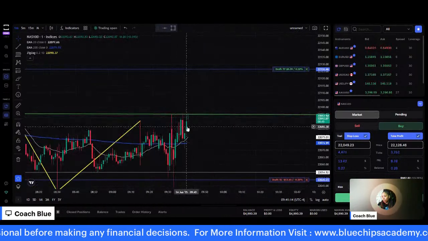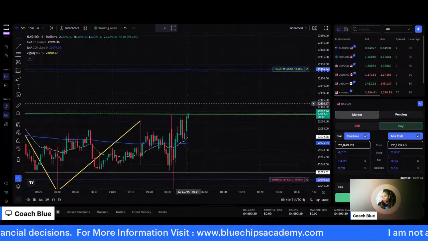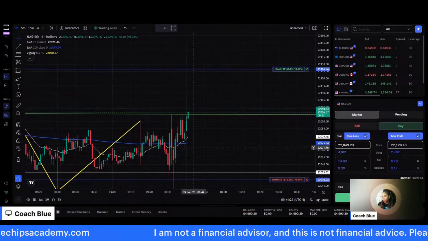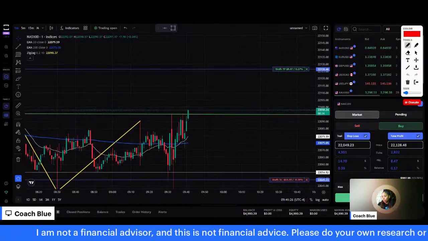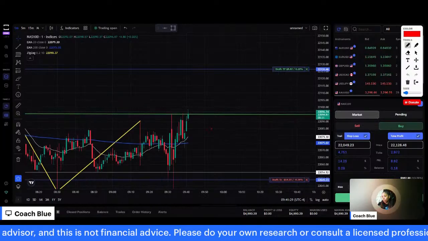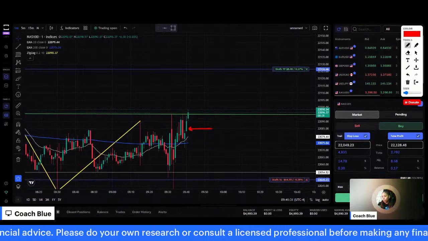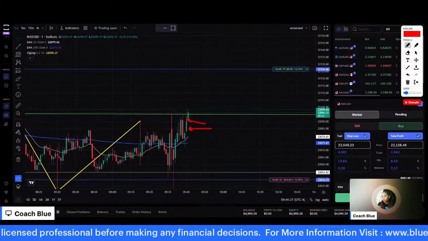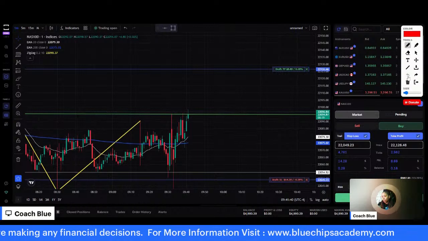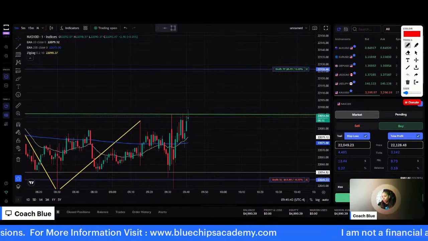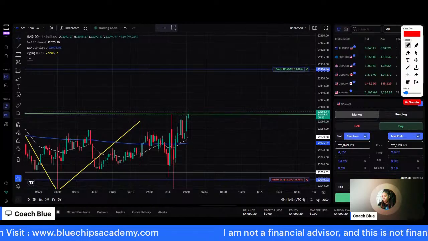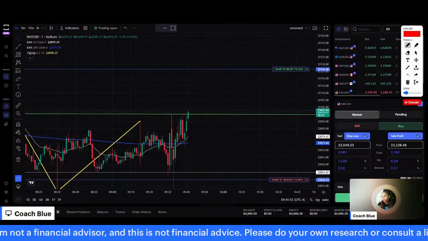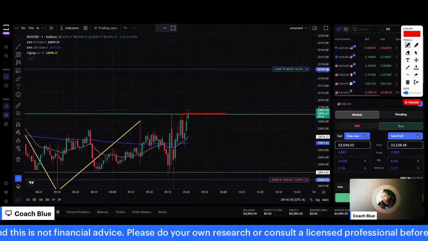And here's another thing. We want the body of the candle to break past the key level, not the wick. Okay, so this small little line right here, that's the wick. The body is this. This is the body of the candle. This is the wick. It looked like a little stick right there. That's the wick. Okay, we want the body of the candle to break above this key level right here. And as you can see, it's kind of teetering back and forth right here. So this is still not a breakout for me. This is still not a breakout. I need that body to clear this level. I need the body of the candle to clear this level.